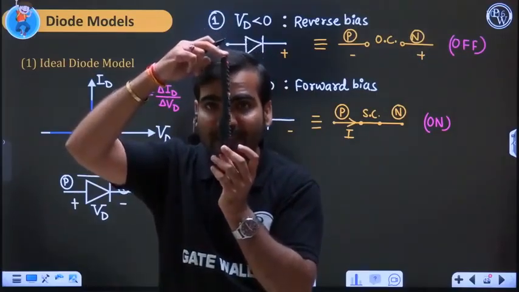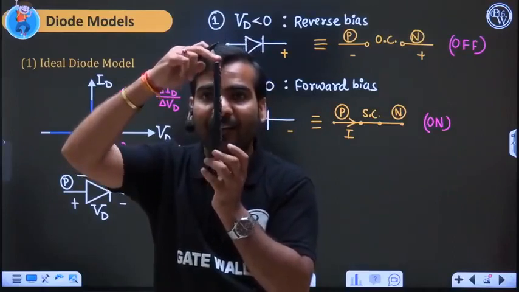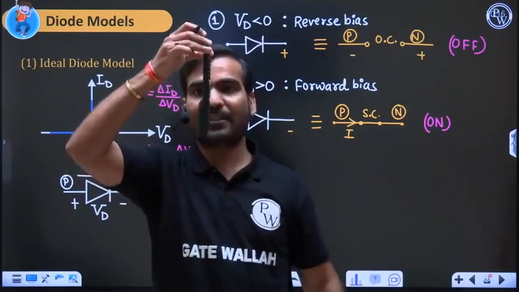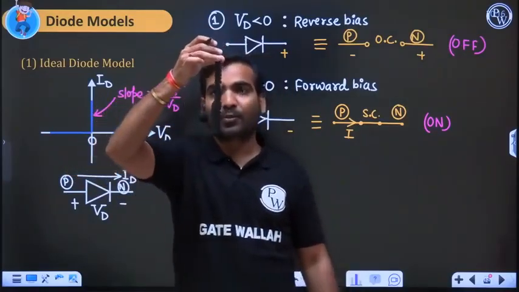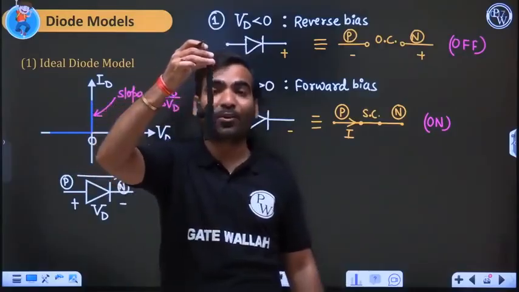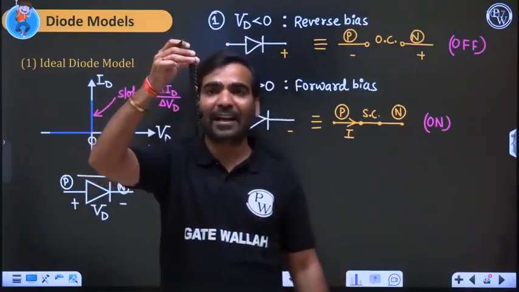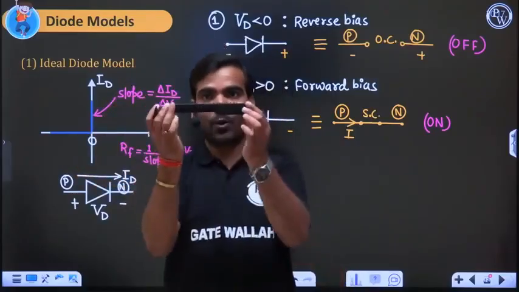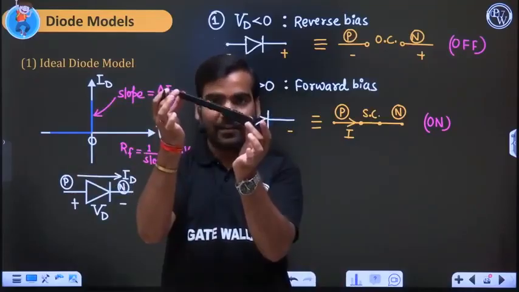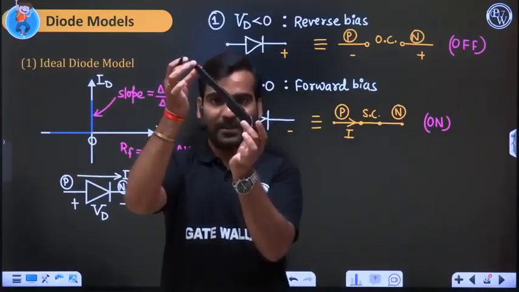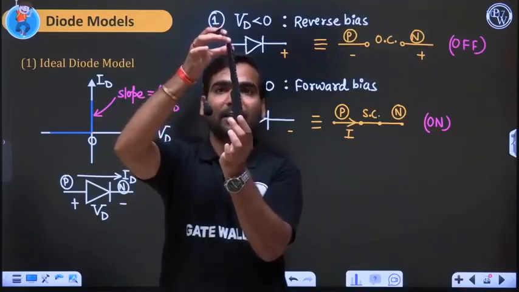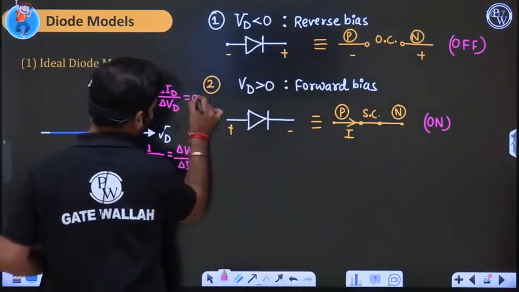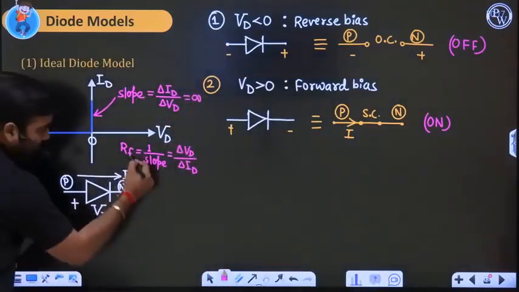Then what is the slope of this line? Slope of this line. Write in the English. This line, vertical line. Slope. I am not asking for angle. Okay. Slope means tan theta. Tan 90 is how much? Infinity slope. This line slope is 0. This is some angle, this is 45 degree. Slope is 1. And this slope is infinity. Yes. So this vertical line slope is equal to how much? Infinity.